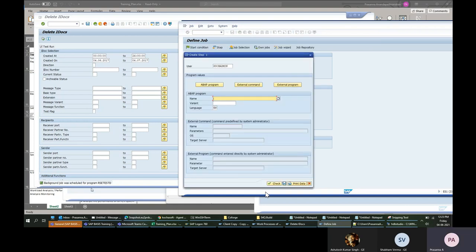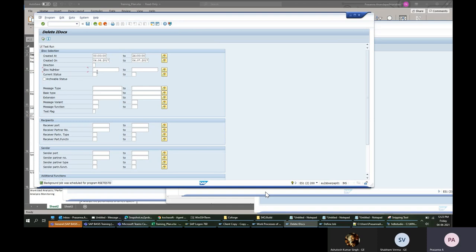And the variant: whatever date and filter criteria I chose, I can save this filter criteria as a variant. You have to give some input for the program for the system to run, so we give that input as a variant. I don't think there will be any default. I'm saving this as a variant.